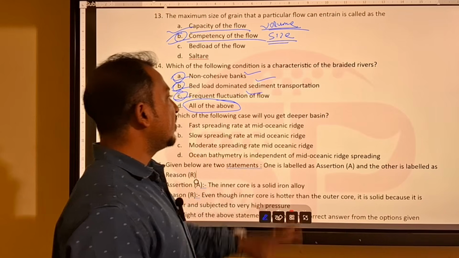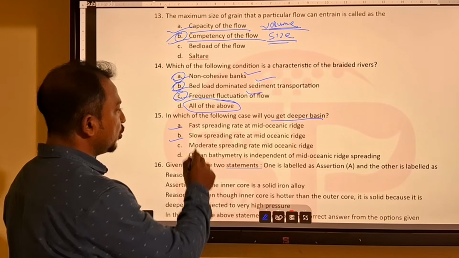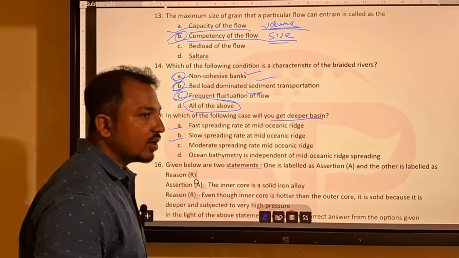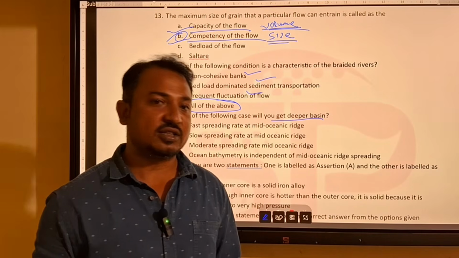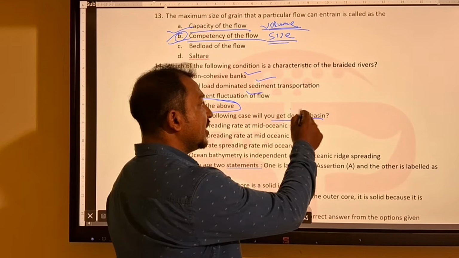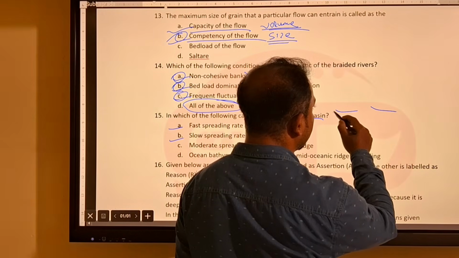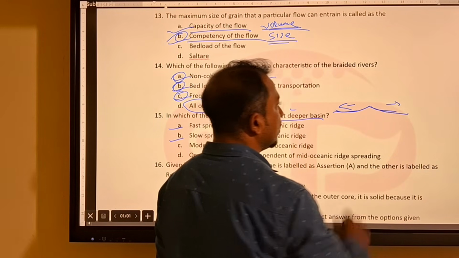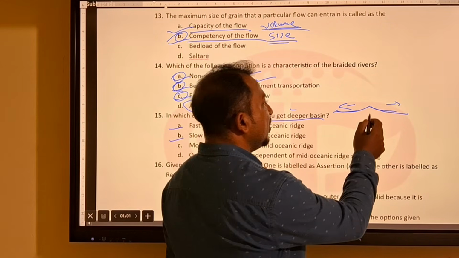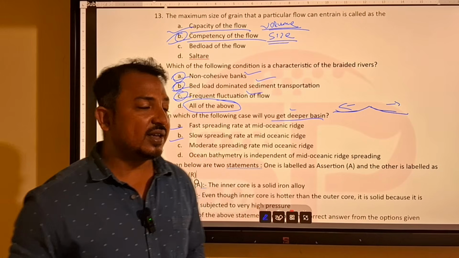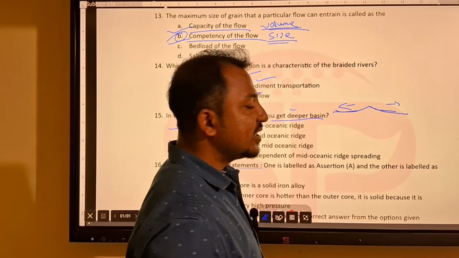Then, in which of the following cases will you get a deeper basin? Fast spreading, slow spreading. There are two conditions. So how will a fast spreading and slow spreading condition affect the ocean basin depth? See, in a slow spreading diverging plate boundary, or slow spreading ridge, there will be less supply of magma. So because of less magma supply,